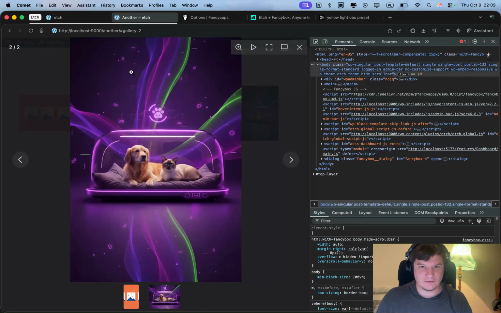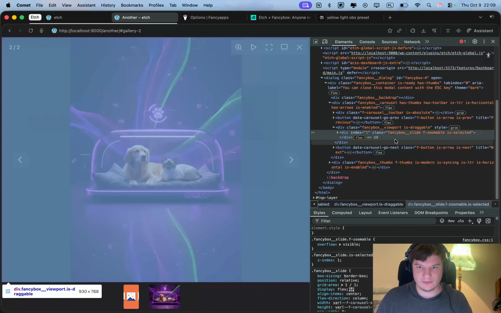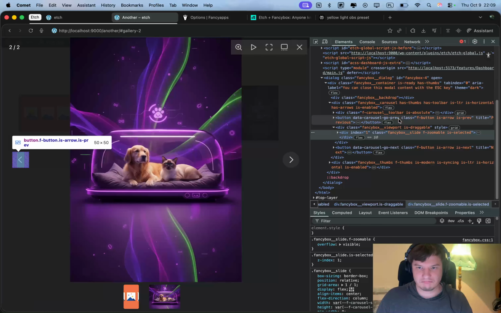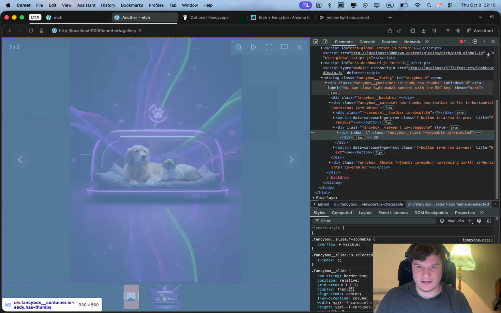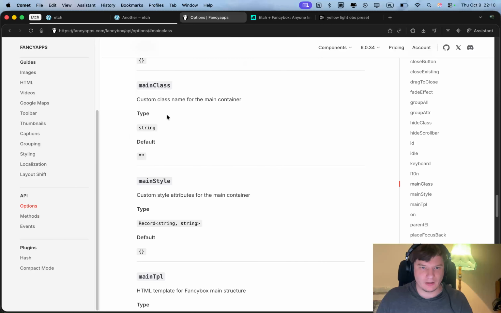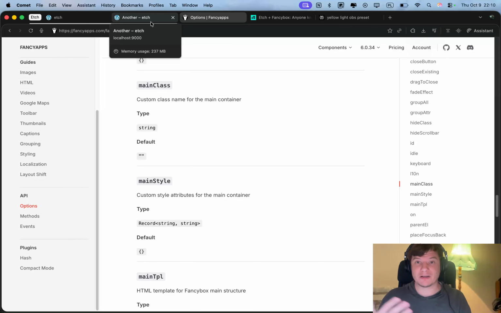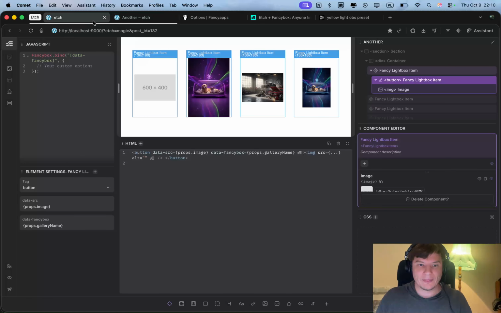So inside of our container, there's probably some container over here. Yeah, Fancybox container. And from the options documentation, what I understand should happen is this custom class that I want to add should be added into the container of the lightbox. So for example, we can style it differently. We have some special behavior based on this class, etc. All right, so what I understand is I just need to add this main class, and it should my class